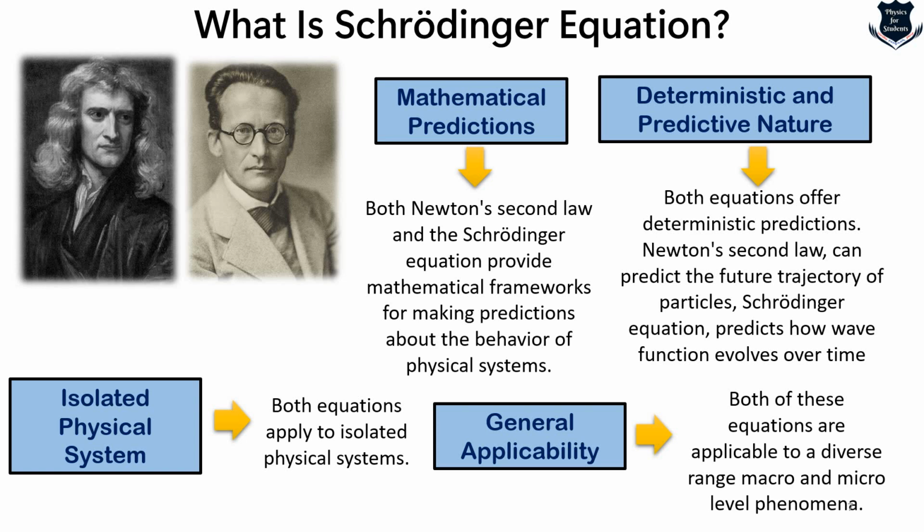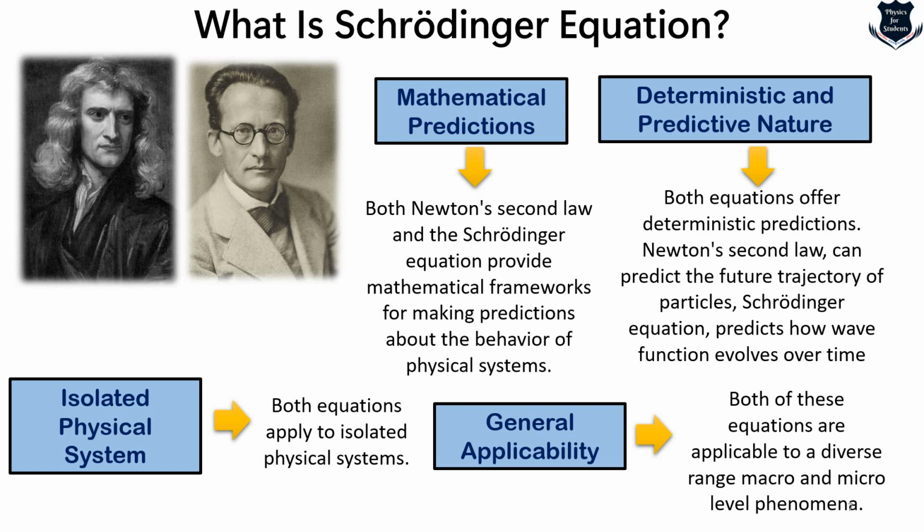Newton's second law is a very fundamental principle in classical mechanics and is applicable to a wide range of macroscopic, I would say, physical systems. Similarly, the Schrodinger equation is a fundamental concept in quantum mechanics and applies to diverse quantum systems, from individual particles to complex molecules and beyond. So this is something very important. I am not saying that Schrodinger's wave equation is classical in nature, but I would say overall it predicts something which is more of F equals ma, that is, I mean to say, Newton's second law.